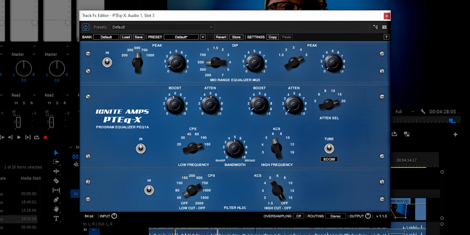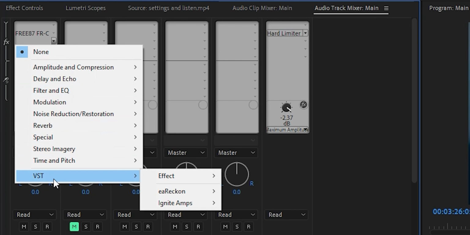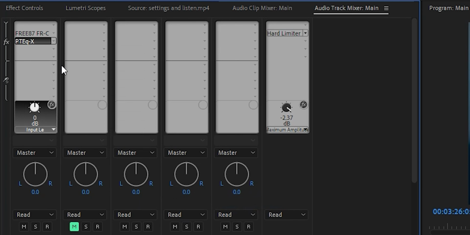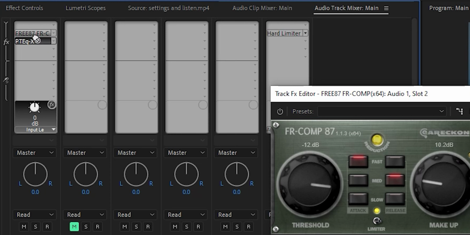Now lastly, you could and you should use this plugin together with the plugin I talked about in my previous video, the PT-EQ-X. And there's kind of two schools here. One is by adding the EQ before the compressor, and the other one is adding it after the compressor. The difference that you'll get is by adding the EQ after the compressor, you will get a brighter and clearer sound, and the opposite if you place it before the compressor. So you can try both and see which one you prefer and which one works best for your specific track.